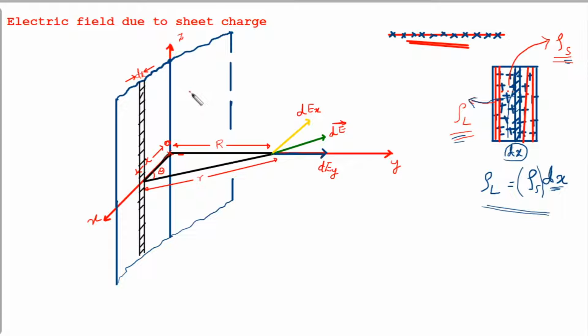And I'll make one assumption. The assumption is that the axis of this sheet is the Z axis. In the sense, the middle portion of this sheet passes through the origin or Z axis. So I have an equal amount of width this side and an equal amount of width this side. Similarly, I will have an equal amount of height down and equal amount of height up. That is the assumption.